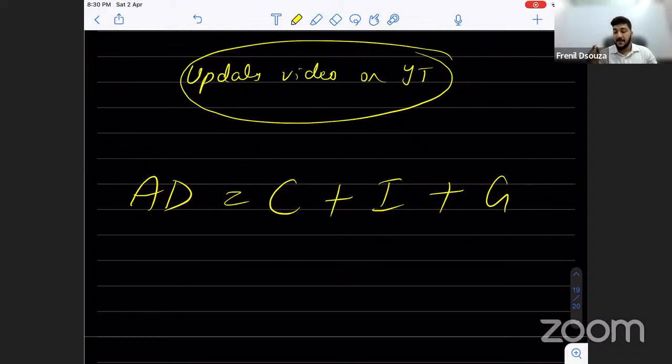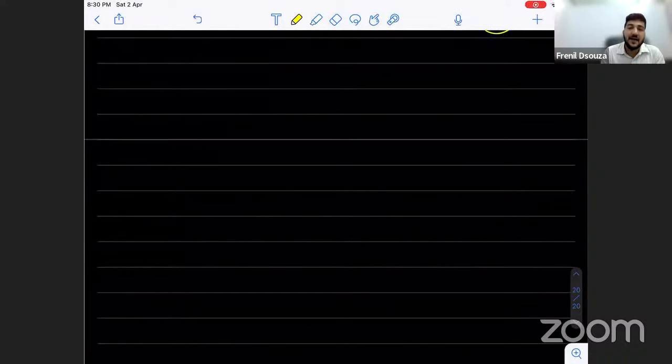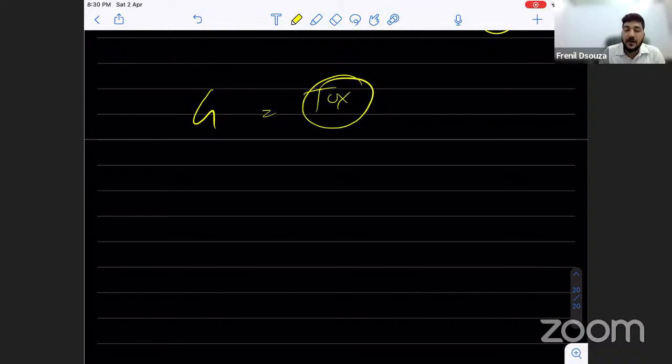Okay, what happens here? Government also spends, government also pays, right? And when government takes money from you in the form of taxes, what happens? Your disposable income will go further down. Let me just explain it to you for a minute, then I will give you a reference to the video which I'm talking about. See, government collects tax from you, but it also gives you back in the form of transfer payment, right?